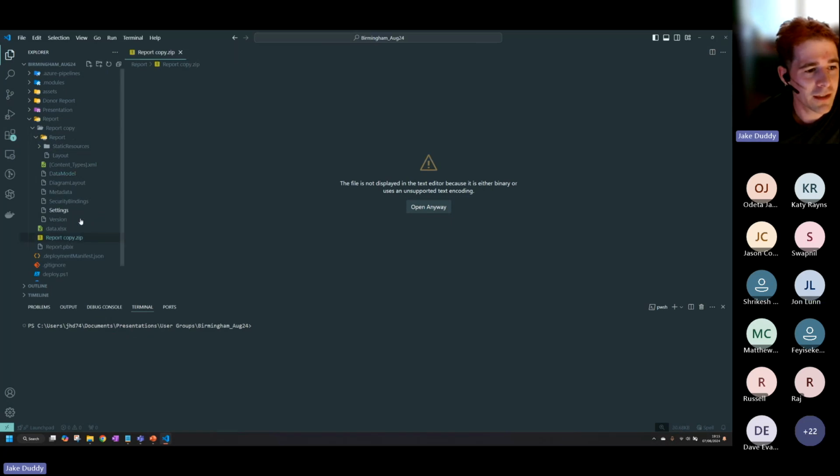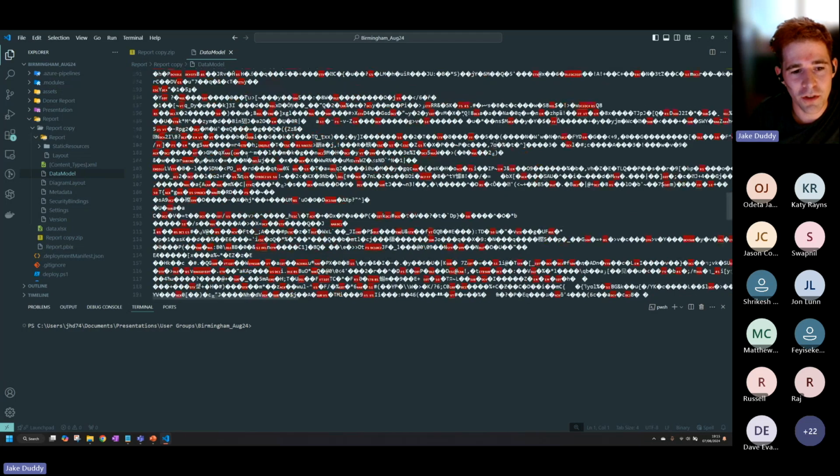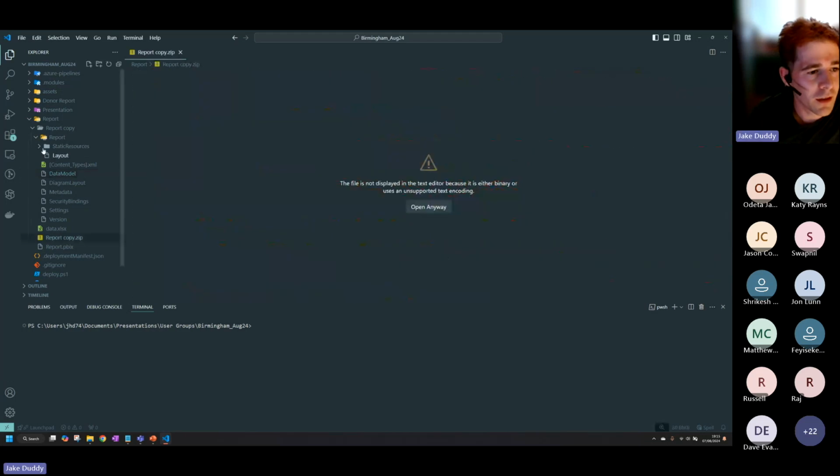So if you go back to that data model, a whole bunch of gibberish, can't really do anything with it. The report is slightly better. So